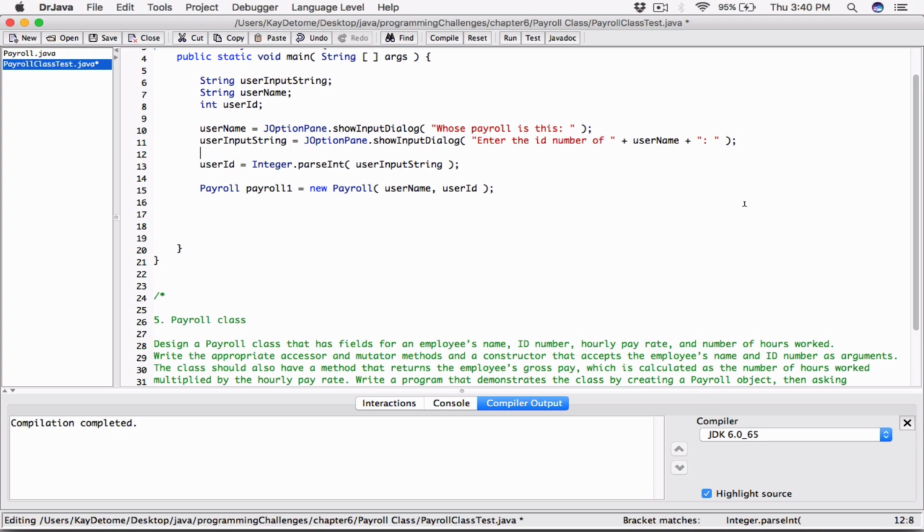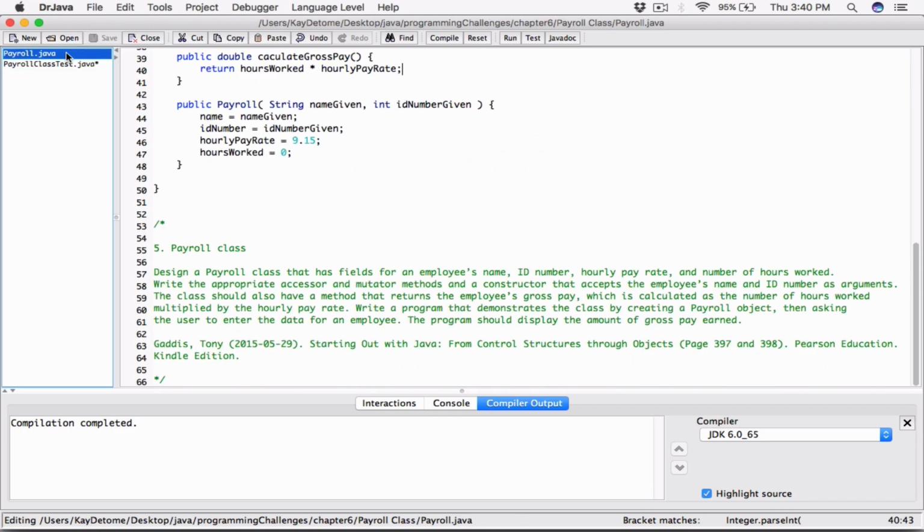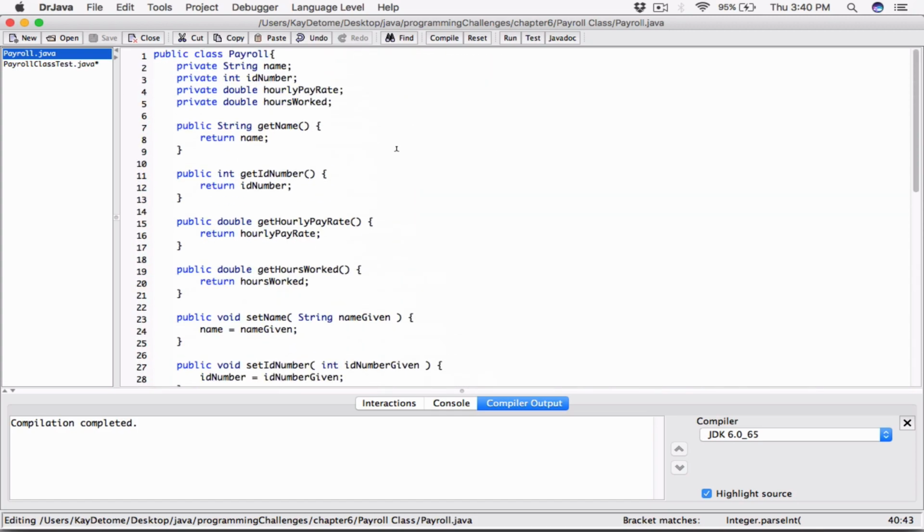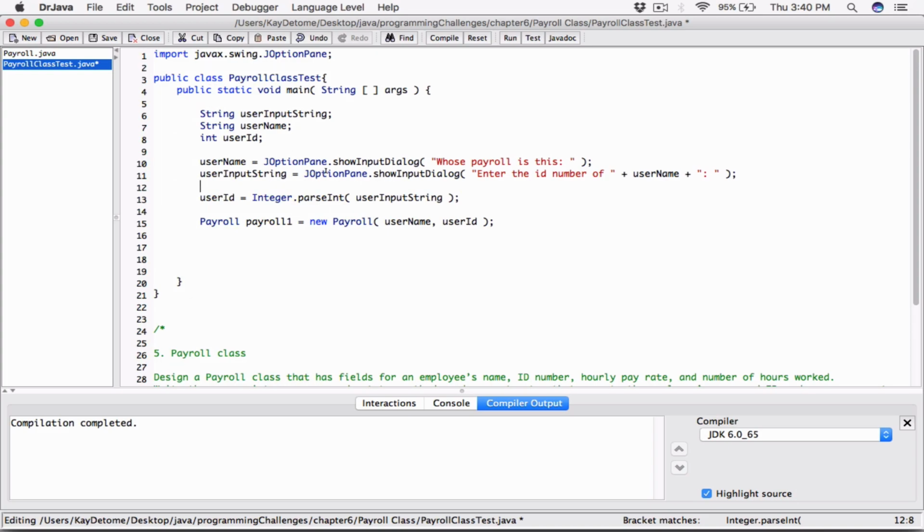Let's ask the user also for the hourly pay rate so that this program is more flexible. Initially by default it's going to be 9.15, but let's ask the user for the hourly pay rate, because that can change. So let's go ahead and copy this again, and then ask the user for the hourly pay rate. So enter the hourly pay rate of